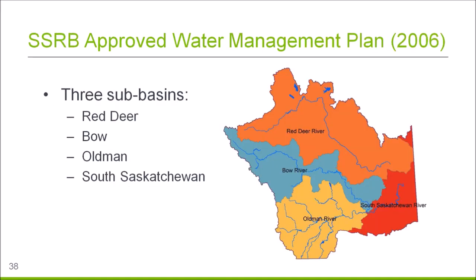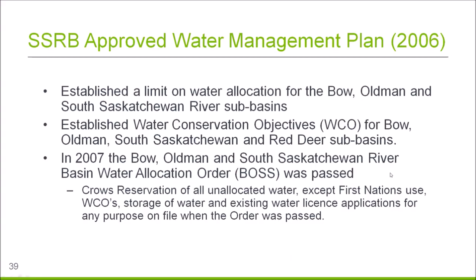4 sub-basins: Red Deer, Bow, Oldman, and South Saskatchewan. You can see in the map a color code for the different sub-basins. What is important for that water management plan is that when it was first approved in 2006, it established a limit on water allocation for the Bow, Oldman, and South Saskatchewan River Basins. What it meant at the time, because those 3 river sub-basins were over allocated, is that it put a limit, and it established water conservation objectives for those sub-basins,